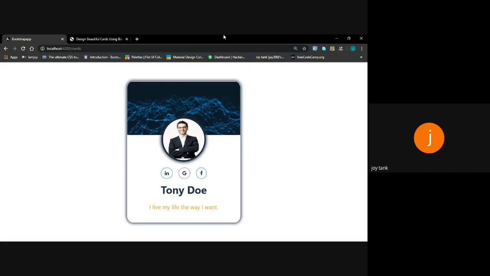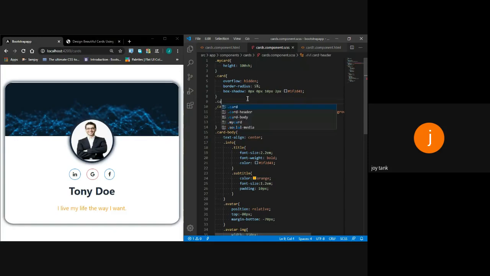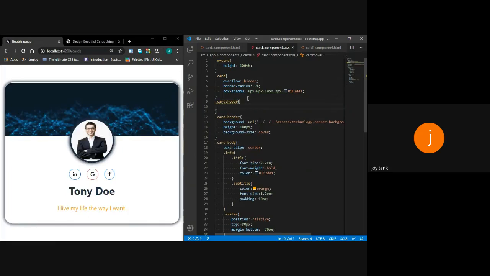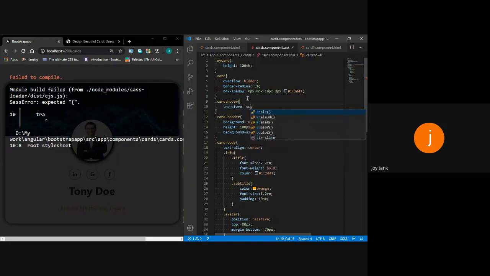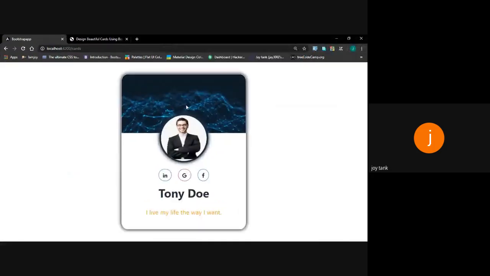So I will go again in CSS and say, please take card and give, for property, transform and scale of 1.1. Well, you can see here that the card has been scaled a certain distance.